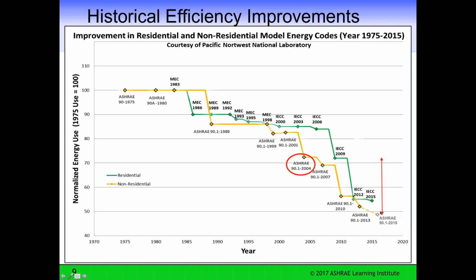And the 2016 version, with the vertical arrow between 2004 and 2016, shows about a 34% reduction from 2004. So there's been a very, very strong push to have each incremental version of Standard 90 produce increasing energy savings. And quite frankly, it's getting more and more difficult to achieve those savings because we've been pushing the limits of standard technology. Any comments on that, Mac?